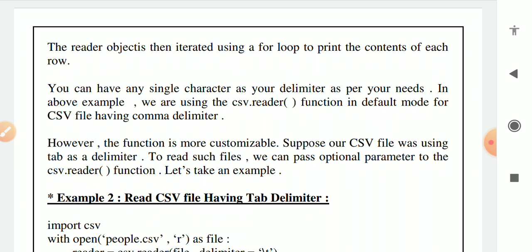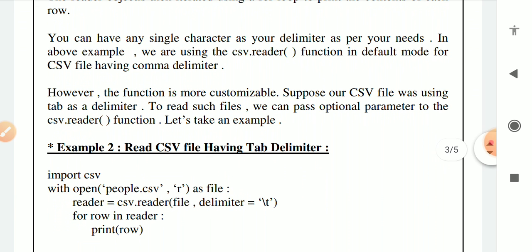So you can have a single character as a delimiter as per your need. In the previous program we used comma as the delimiter, meaning the separator, but we can also use another character in place of comma, like \t or \n, as a delimiter. However, the function is more customizable.